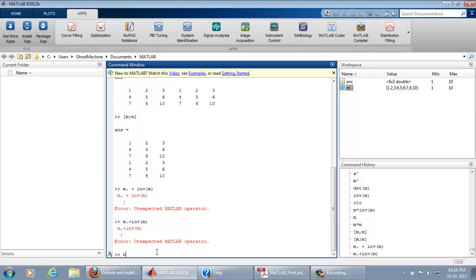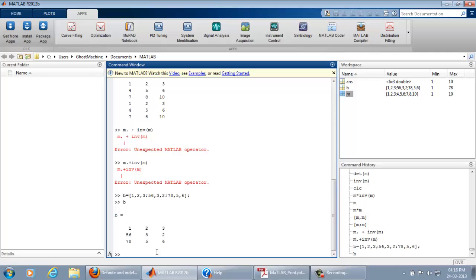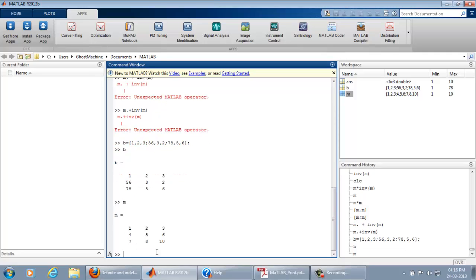So B is a matrix, 1, 2, 3, 56, 3, 2, 78, 5, 6. So B is done, M is done.